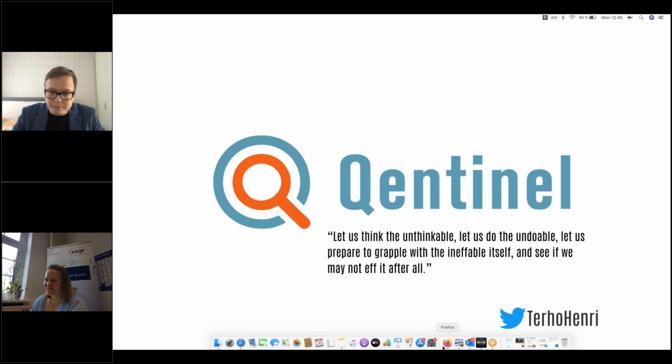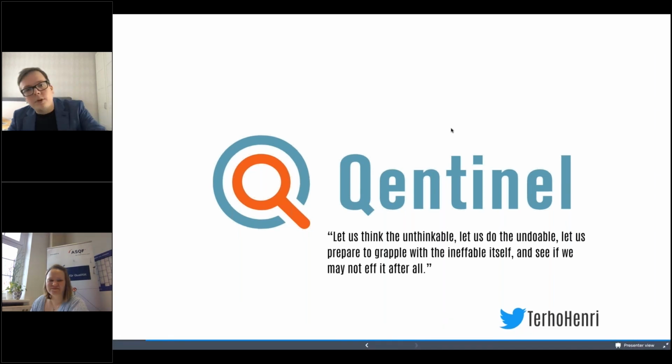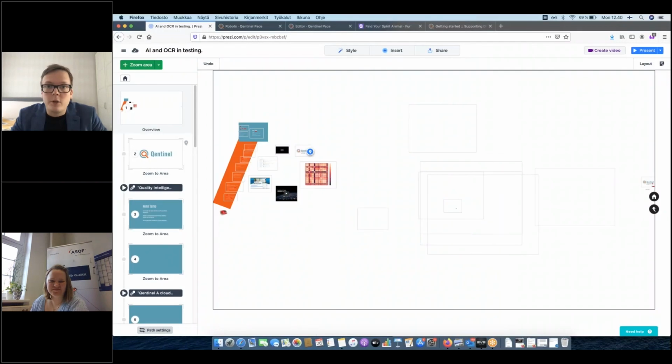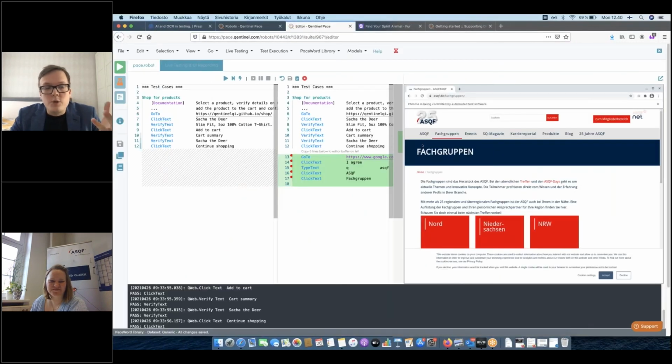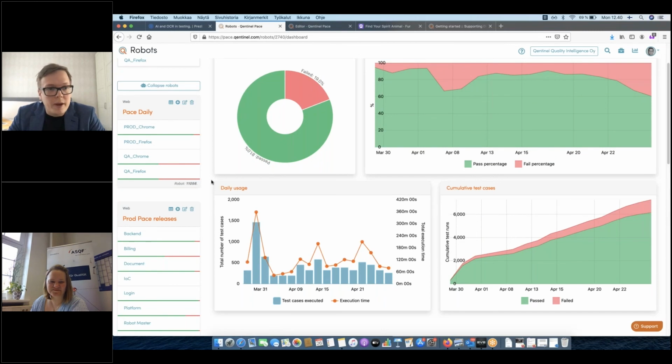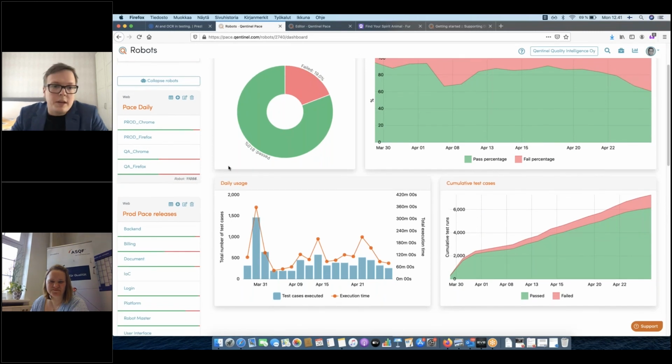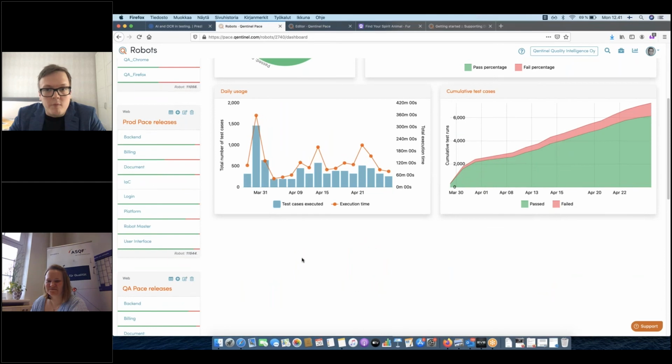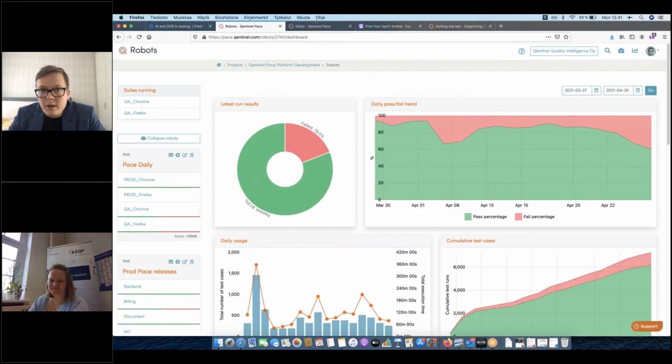All of this stuff, if you dive deep into the actual editor that we are using, is basically, if you don't want to use this high level, something that I also alluded to at some point. You can always dive deep into the actual source code. You can dive into the XPath. You can do all of that, and you can even write your own custom stuff with Python if you, for example, want to. We, for example, are running all of our own testing on Pace, and we sometimes have to also dig deep into those XPaths that we're doing in there and use that.